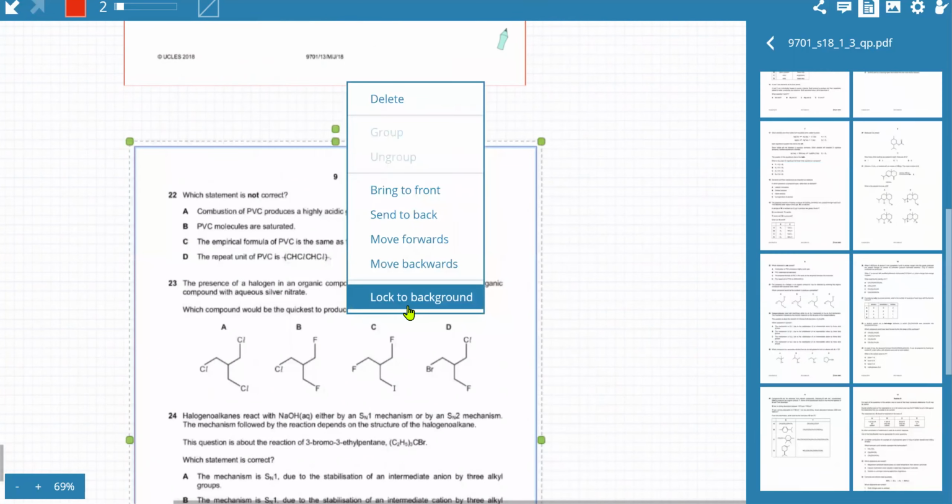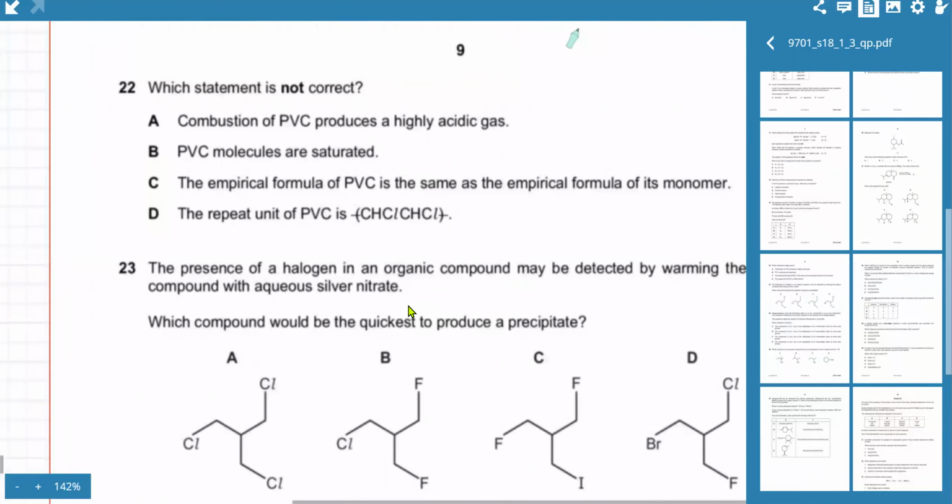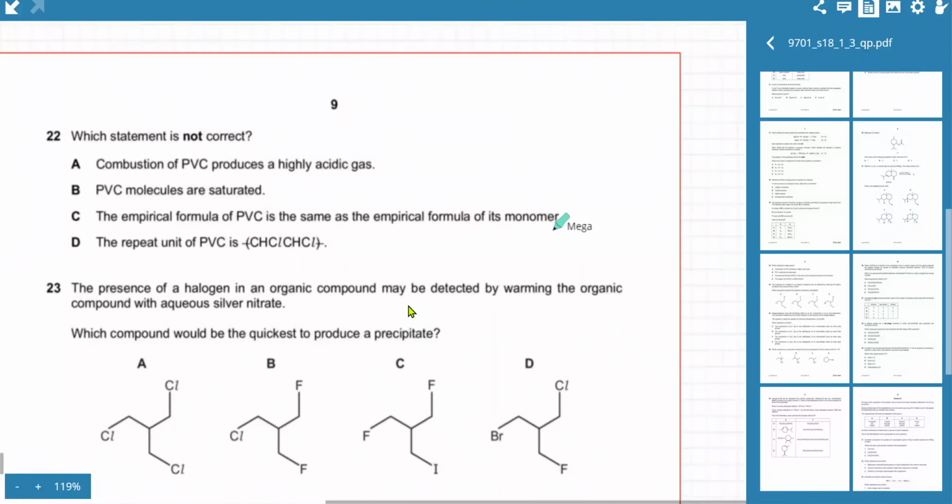Now, next one, which statement is not correct? So combustion of PVC. What is PVC in the first place? That's a polymer. You make plastic pipes out of them, PVC tiles, etc. The monomer is polyvinyl chloride, or basically chloroethene, an ethene molecule where one of the H is substituted by a Cl, and it forms a polymer. The double bond in the middle breaks into a single bond and they start connecting with other molecules similar to it. Okay, just 1 second, I lost the board.